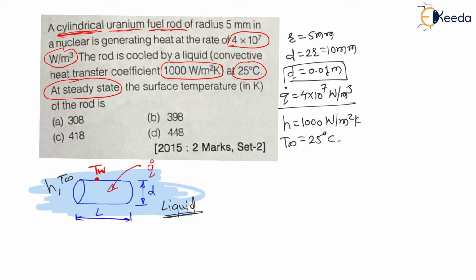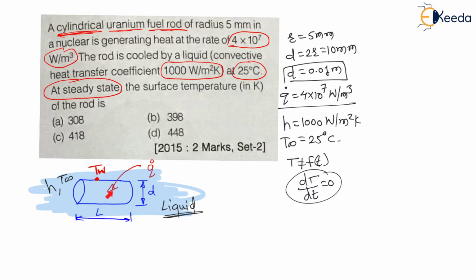Now my dear students, they have mentioned the steady state condition. The steady state condition means temperature is not a function of time. Means the change in temperature with respect to time will be zero. Means at any location within an element, the temperature remains constant with respect to time. So similarly, this wall temperature also remains constant with respect to time at any condition, right? This is called steady state condition. But my dear students, in this rod there is a uniform heat generation.